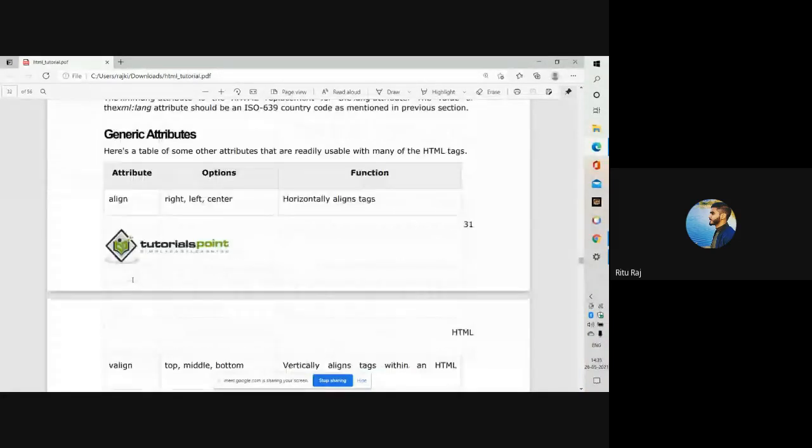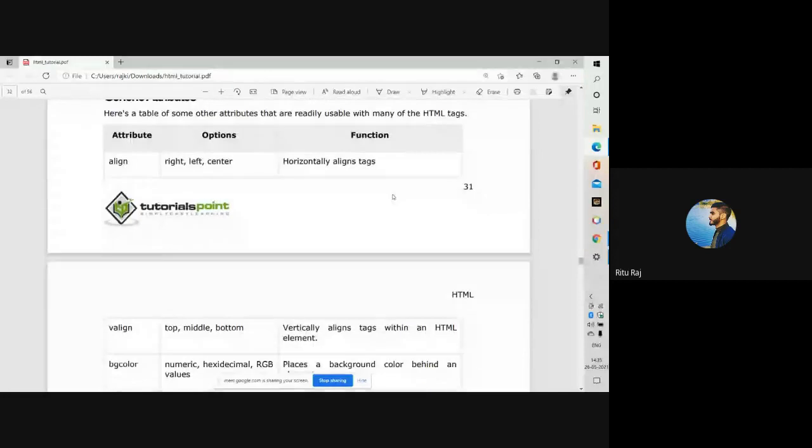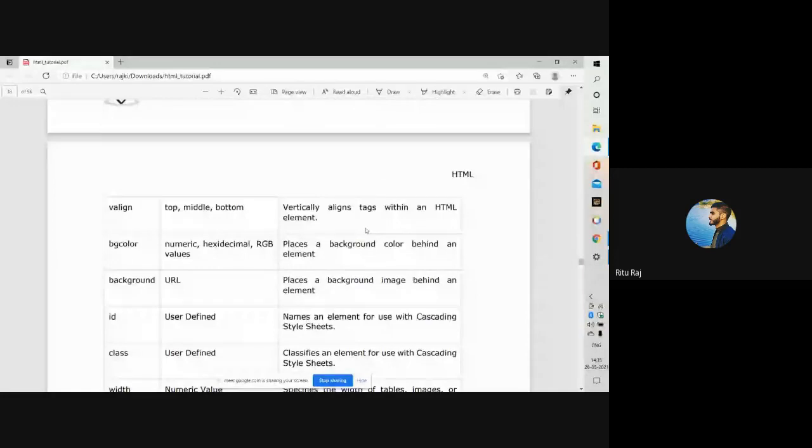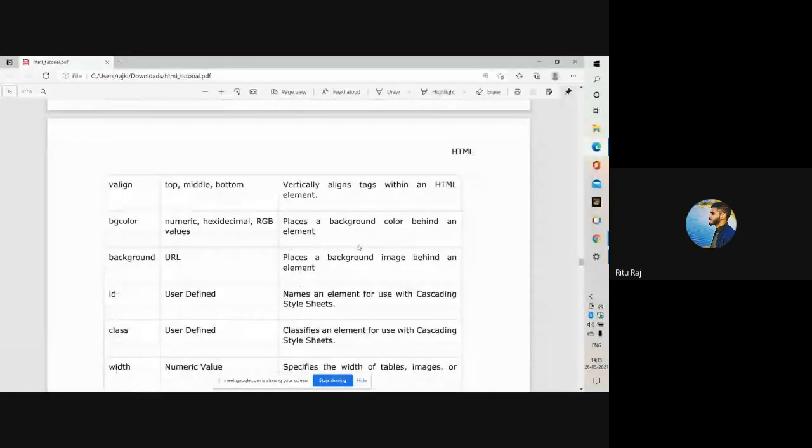These have different functions. Align horizontally aligns a tag, valign vertically aligns a tag within an HTML element, bgcolor places a background color behind an element, background places a background image behind an element. So these have different functions.